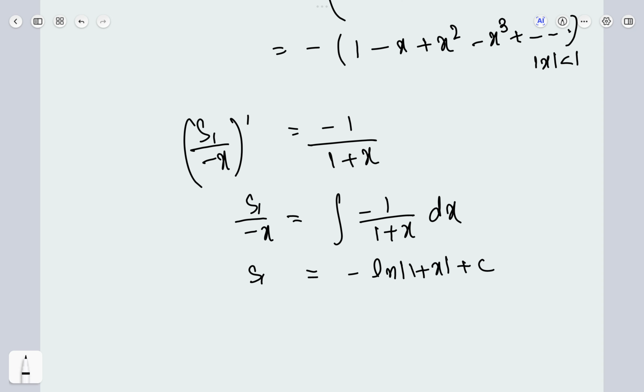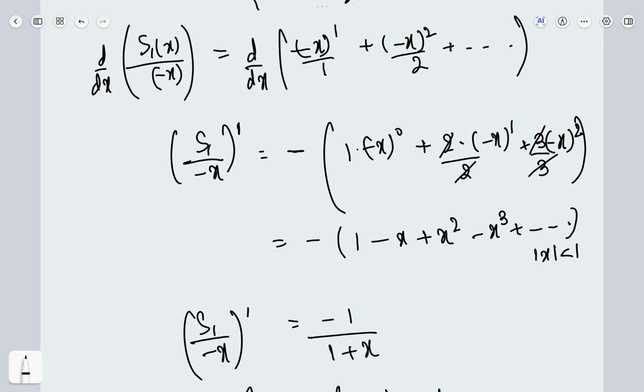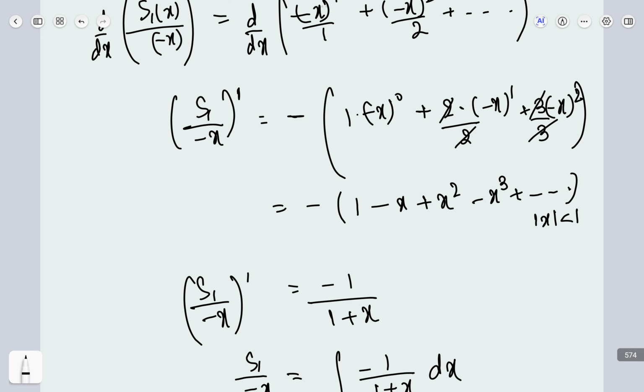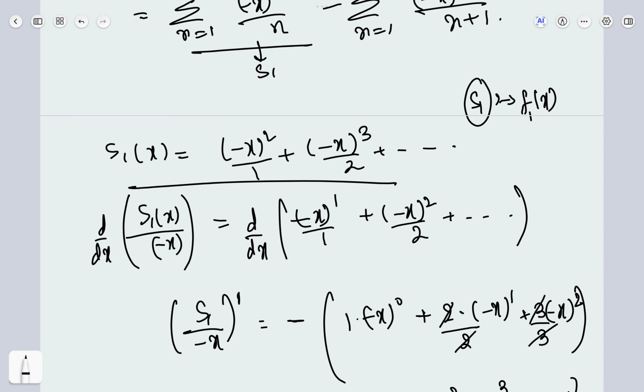Some of us might be tempted to just say that S1 upon x squared should be the differential of it, but that's wrong because S1 is a function of x, so that is completely wrong. Also, to find the value of the constant, obviously I can say that S1 of 0 is equal to 0,